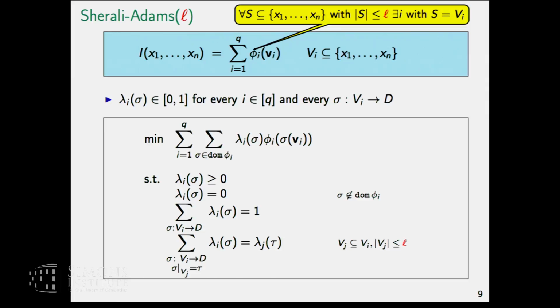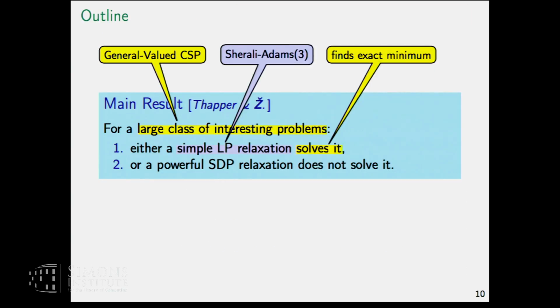Now, if these variables were 0, 1 valued, rather than between 0 and 1, the objective function of the LP relaxation would be the same as that of the VCSP instance. But because it's not, it can generally be between 0 and 1. It's not quite the same, and you should think of this as the expected value of the objective function with respect to these probability distributions, these lambdas. Now, if L is fixed, this is a polynomial size relaxation, you can solve it. So the simple LP relaxation in this result corresponds to the third level of the Sherali-Adams hierarchy.